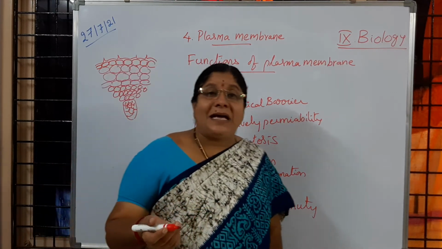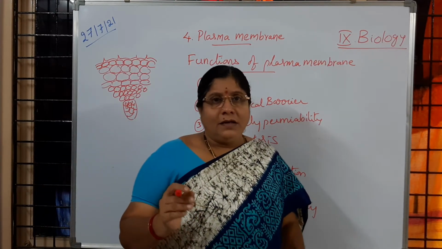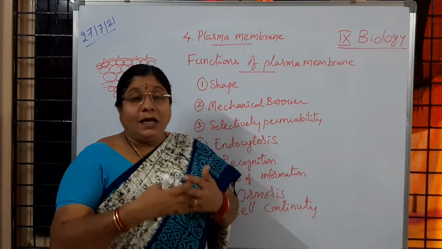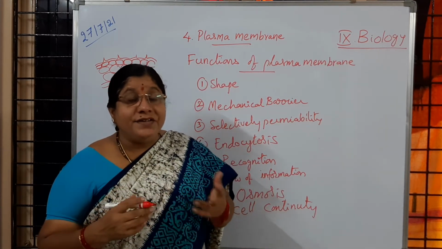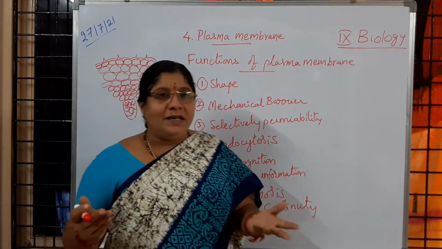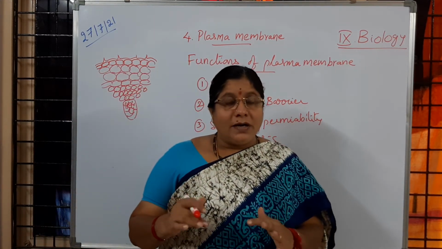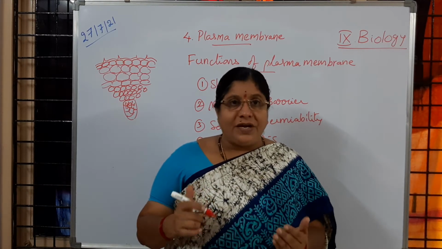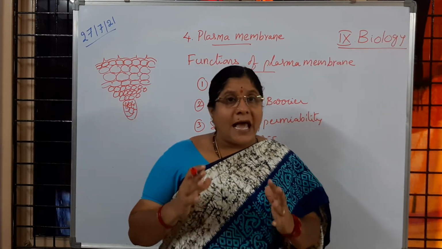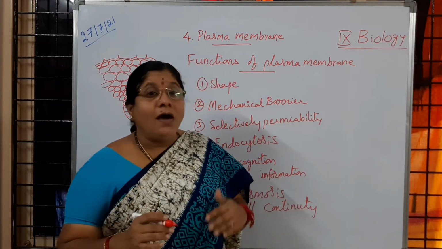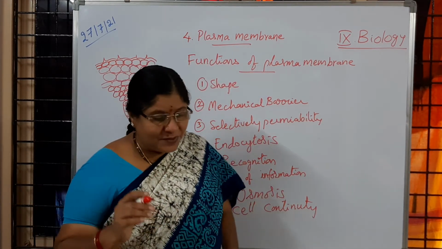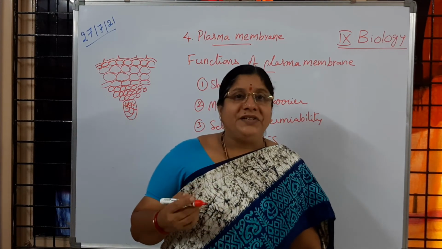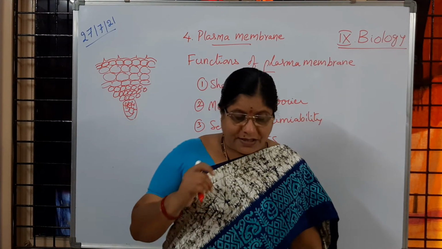In plant cells we observe plasmodesmata. In other living systems also, we observe that the cells are connected with each other, continuity. If they are disconnected, then there is no transfer of information, we would observe discontinuation. But it is not happening in our body or in any living system. That is because of the plasma membrane, which gives cell continuity. Is it clear to you?